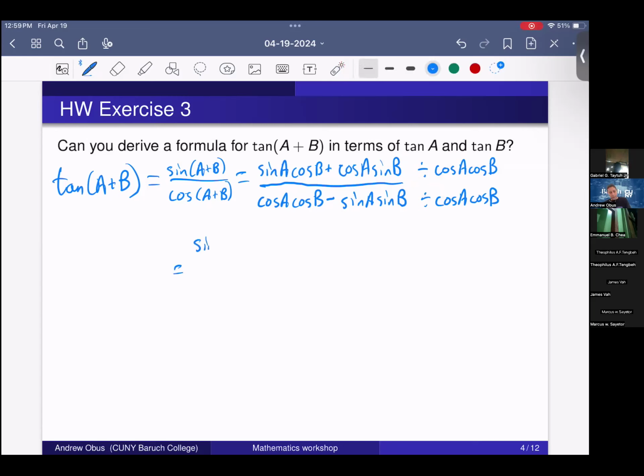We get sine A cos B over cos A cos B plus cosine A sine B over cos A cos B. And then divided by